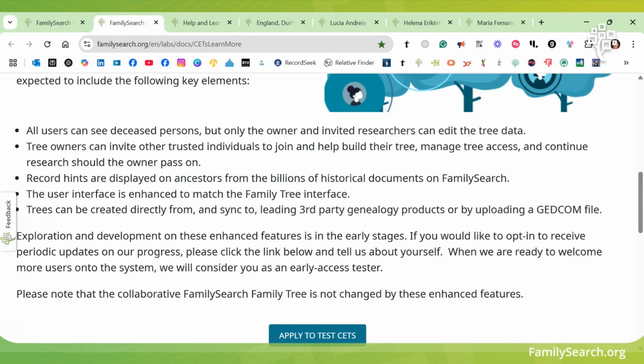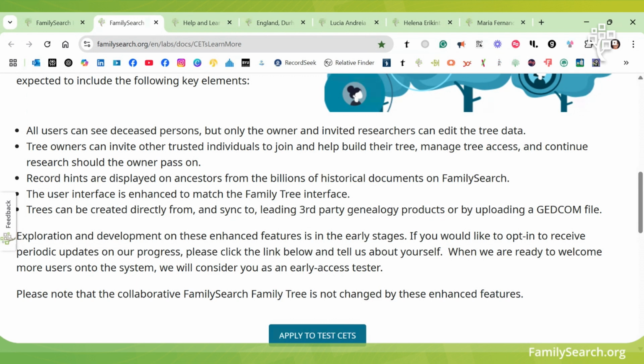Record hints are still displayed on ancestors from the billions of records that we have on FamilySearch, and the user interface is enhanced to match the family tree interface as well. So here, trees can be created directly from, synced to, and leading third-party genealogy products, or by uploading a GEDCOM